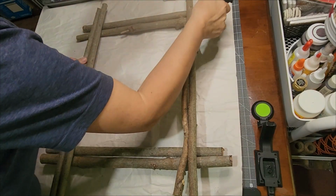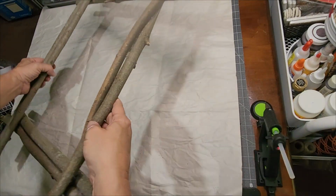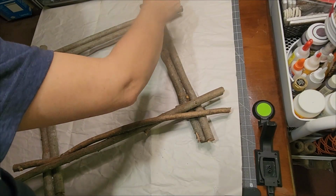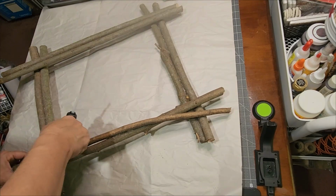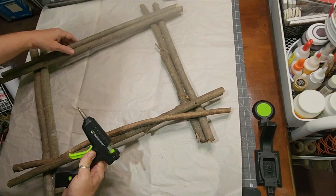I have the video sped up to save you time, but I wanted to show you where I glued it so that you're not really truly just laying it on, because it's not necessary. You're just going to glue it where those branches are coming together. Wherever they are touching, put a little bit of glue. And if you have the mini cordless glue gun that has the micro tip like mine,